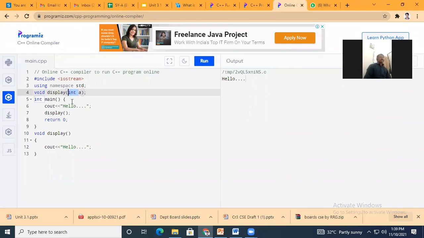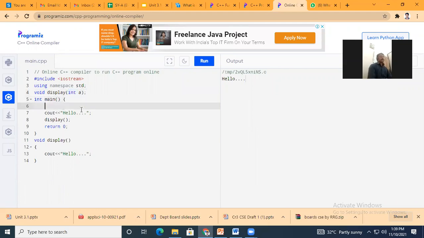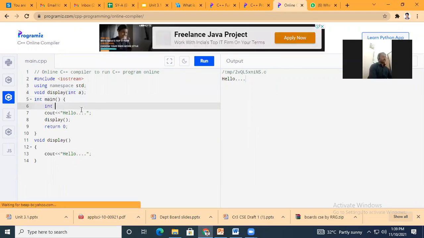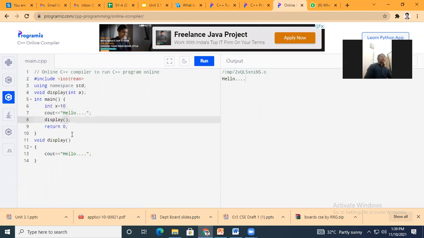Okay, so I will write it here. Let's say I will take one variable here. Let's say x is equal to 10, and in the calling, I will use display x.